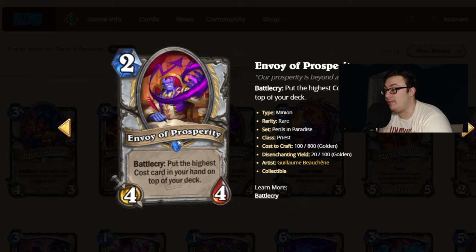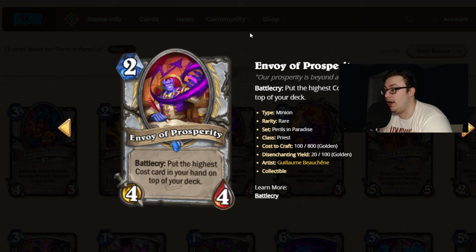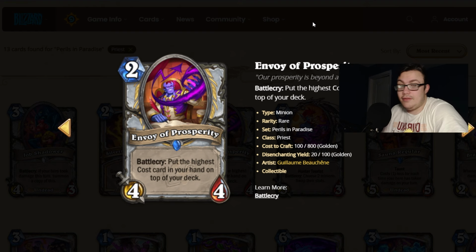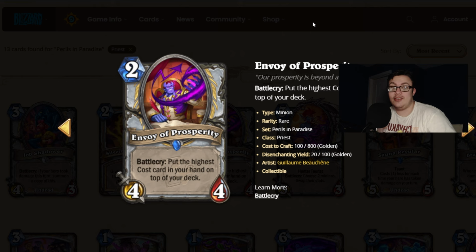This would probably be good in Wild, but I don't think it'll be meta-defining in Standard, because this doesn't really synergize with anything. It doesn't synergize with Heal Priest. It doesn't synergize with Reno Priest. It doesn't synergize with Zarimi Priest either. So, I mean,